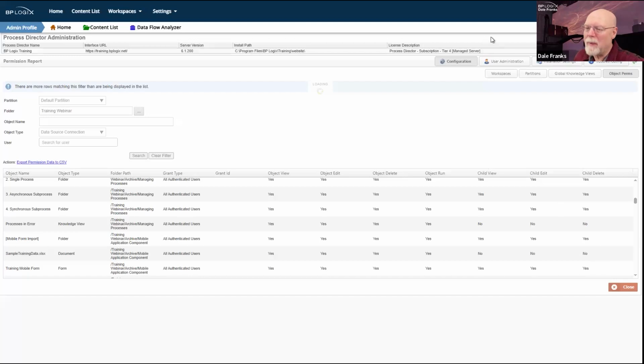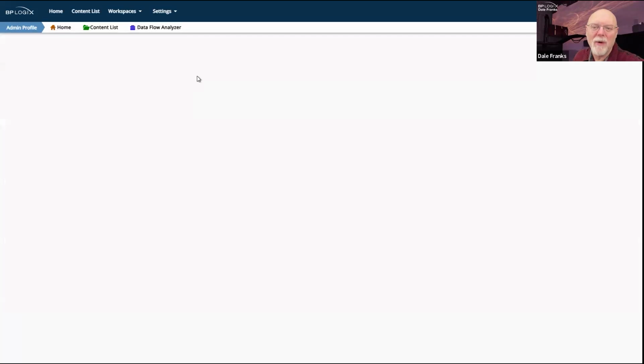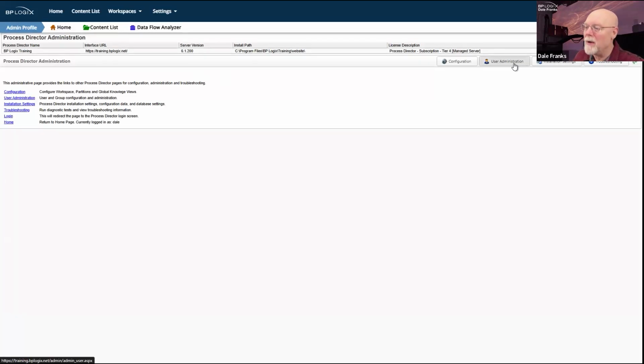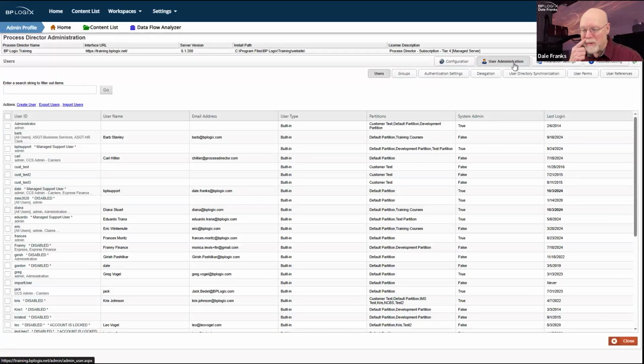So now let's move back into user administration, and it's still trying to return something, which I don't want it to do. So guess what? We're going to reload and go direct to user administration. The homepage of user administration takes me to my users, and this is where I administer my user accounts.